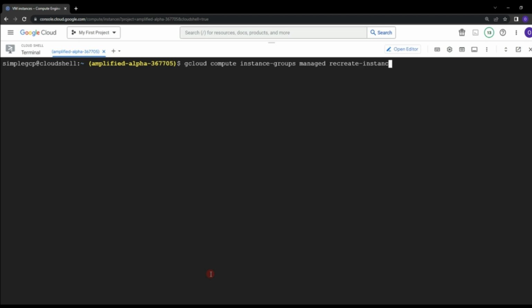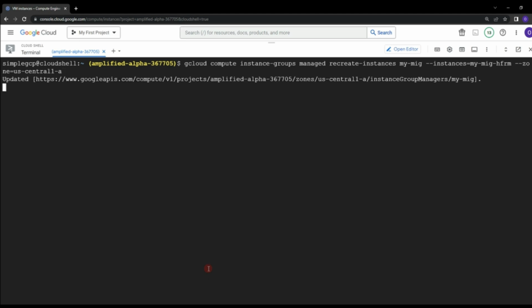Recreate instances, and after that you can specify your instance group name, and then dash dash instances, and let's paste the instance name that we have just copied earlier. I'm going to paste here my MIG and the suffix. After that I can specify the zone, US Central 1A. So if we click on enter,